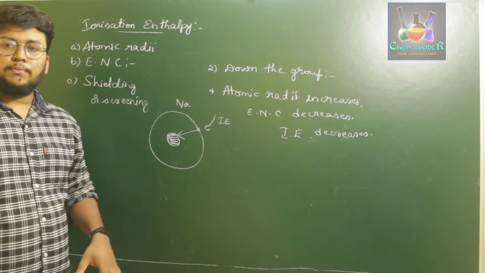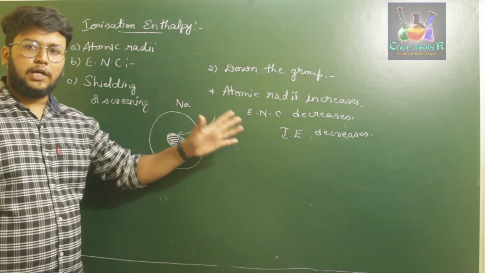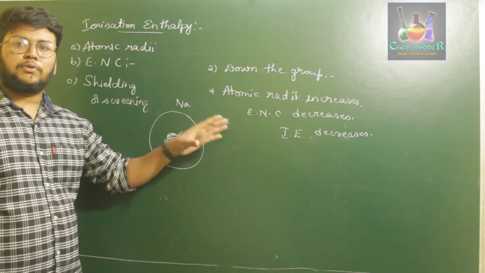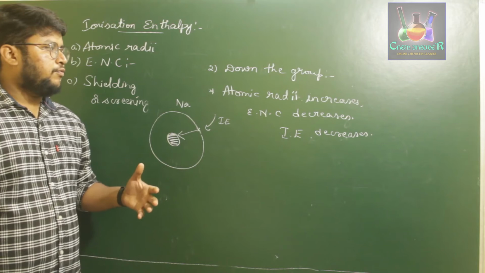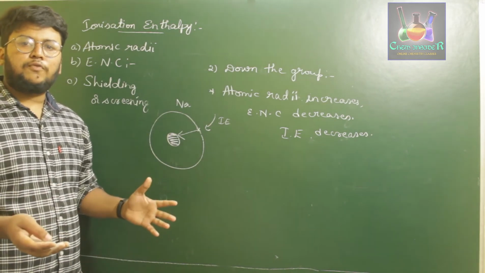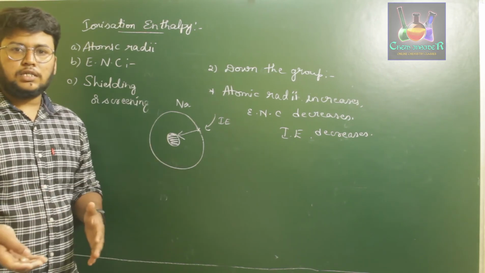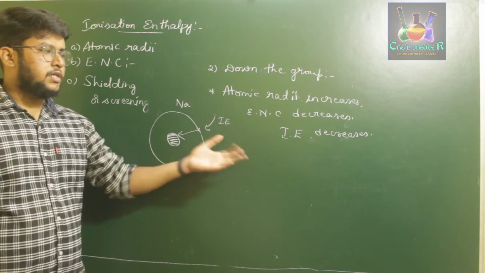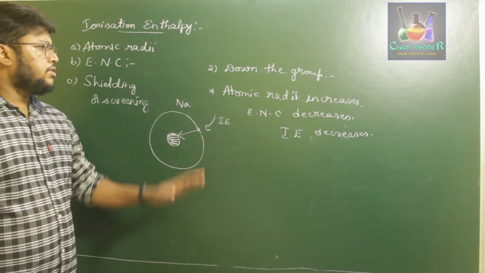Okay, so it increases as we go across the period, and it decreases as we go down the group. That is because we need more energy if we increase the atomic number from left to right, because the electrons will be adding up to the same shell, so their effective nuclear charge will be increasing. And if you observe in case of down the group, their size will be more and therefore their atomic radii will be high, which results in a decrease in effective nuclear charge, which results in decrease in their ionization enthalpy. Okay, so this is about that.